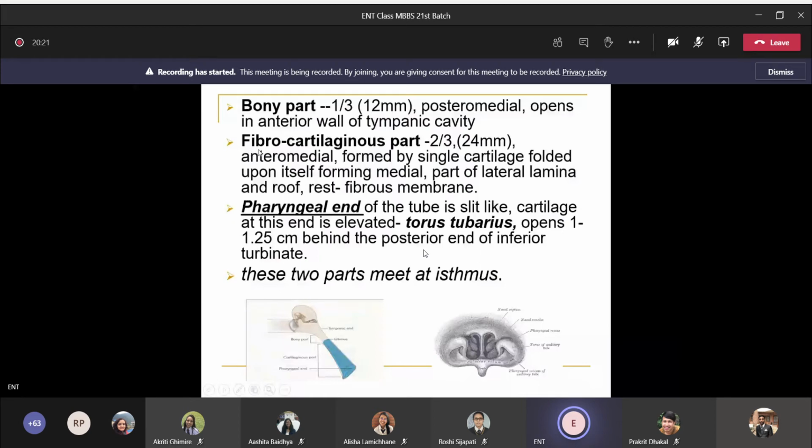Now another part is the fibrocartilaginous part, which is 2/3 of the total length, 24 millimeter. It is on the anterior medial side and formed by a single cartilage folded upon itself, forming the medial part of the lateral lamina and roof. Now, in the pharyngeal end, there's a slit-like opening, and the cartilage at this end is elevated, making this bulging in this picture, that is known as torus tuberis, and it opens 1 to 1.25 centimeter behind the posterior end of the